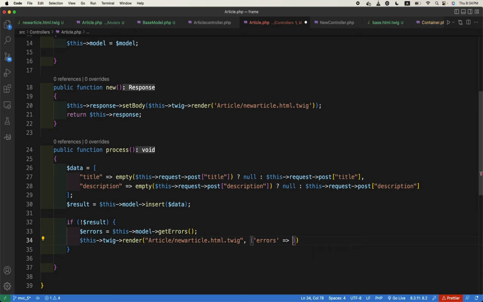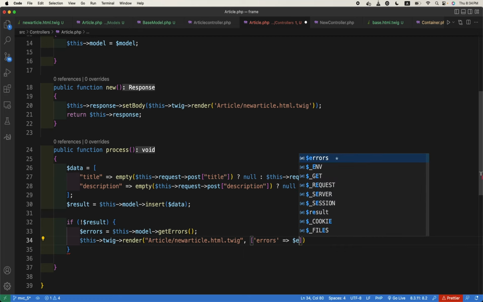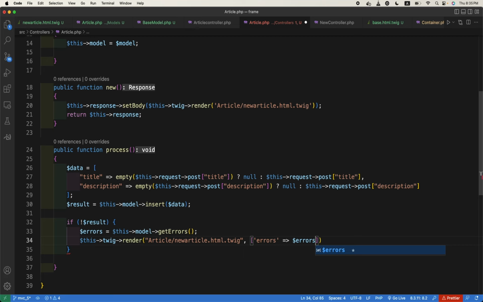The errors should be errors like this, and the second value should be... should there be any value? For now let us keep it like this,